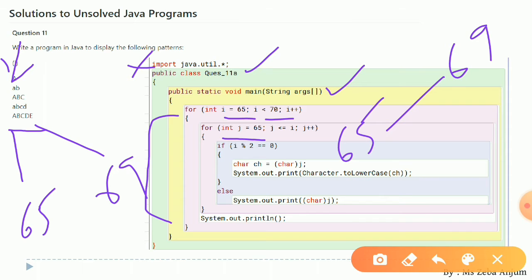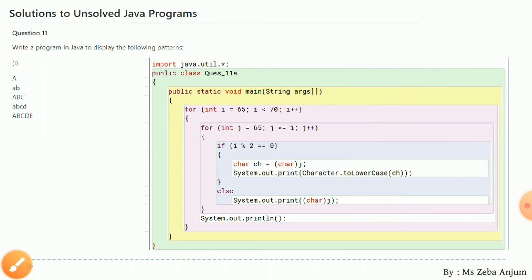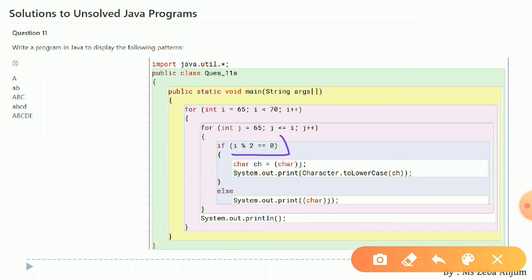Okay, now we will check whether we have to take an uppercase letter or a lowercase letter. Now see, we have been checking this condition i mod 2 equal to 0. It means what? Firstly the value of i was 65. So 65 mod 2 equals 0, the condition is false. So the element is printed out as it is on the screen. Because 65 denotes capital A, over here we are converting our integer to character. So that is why we are just taking capital A.